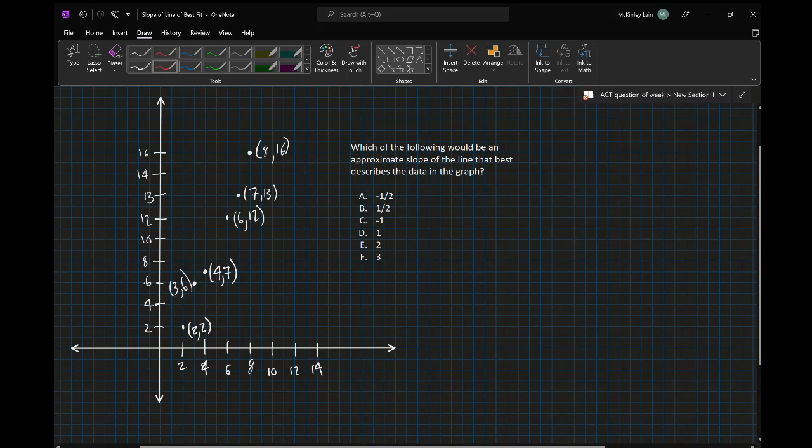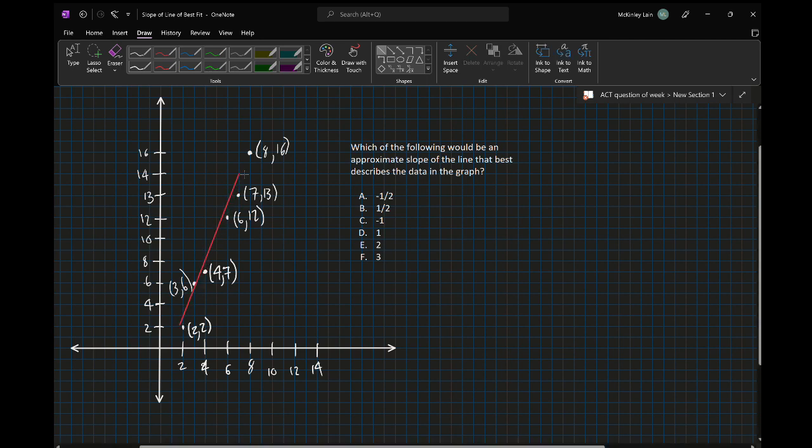This week's ACT practice problem has to do with the line of best fit. So the question is, which of the following would be an approximate slope of the line that best describes the data in the graph? Now, when we're thinking about line of best fit, when we have a data set like this, where the data is given to us in a coordinate plane, really you're just looking for an approximate line